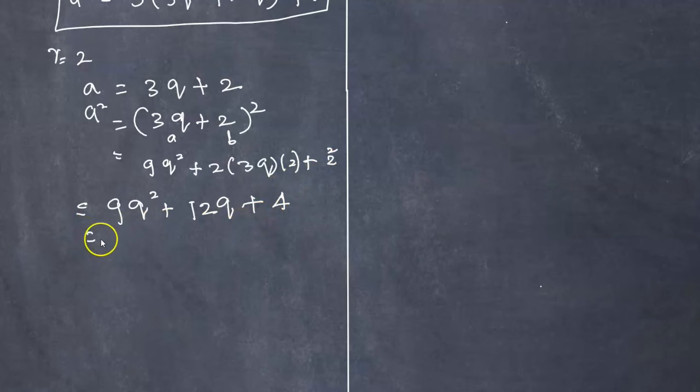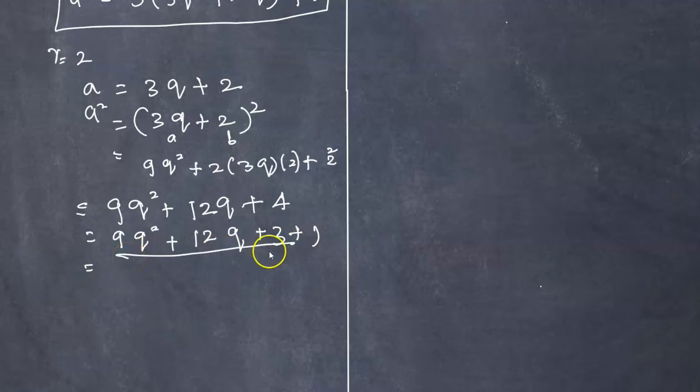Again this one we have to bring it in the form of a multiple of 3. So, again 9Q square plus 12 is also a multiple of 3, whereas 4 we can write as 3 plus 1. So, from these 3 we can take 3 as common. So, 3 into, for 9 it is 3 times Q square plus 4Q plus 1, plus this one. So, it means that,